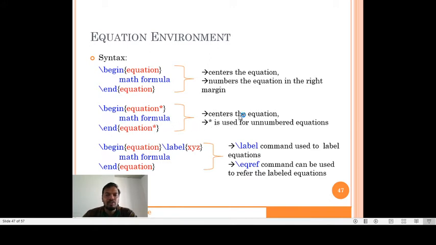And if you want to refer to these equations anywhere in the text, then we have to add a label to the equation along with the equation environment. For that we make use of the \label command after the \begin{equation} command. Within the curly braces we provide the label that would be used to refer to this particular equation in the text. For referencing, we use this label, and the command \eqref is used to refer to the particular labeled equation in the text.